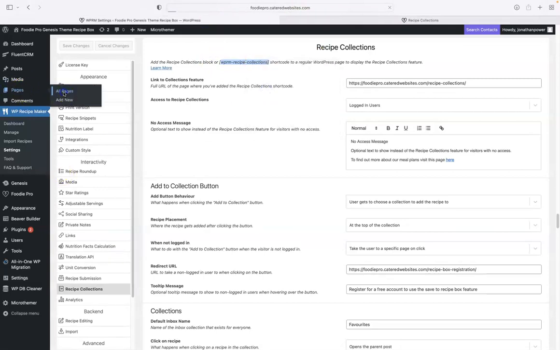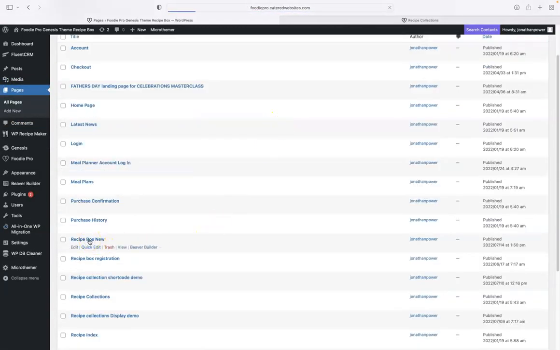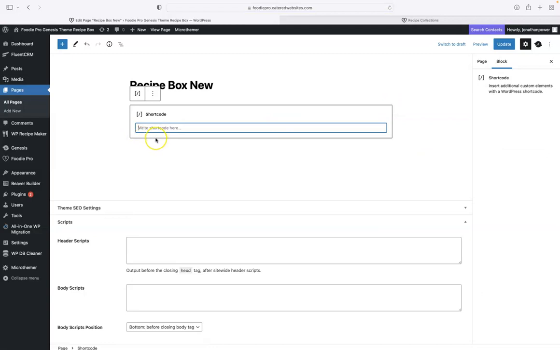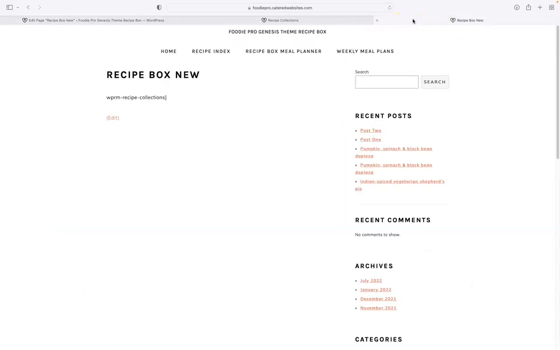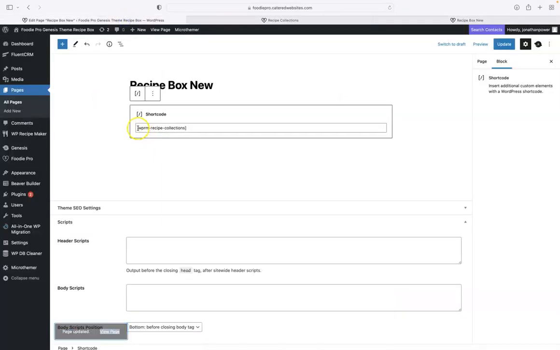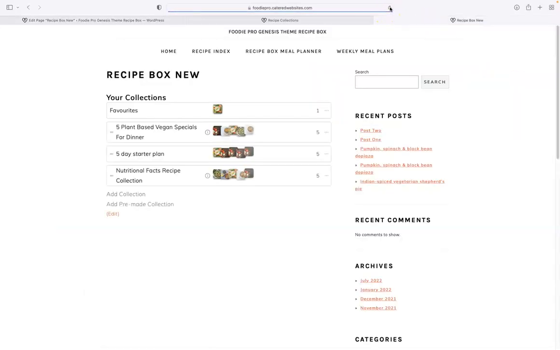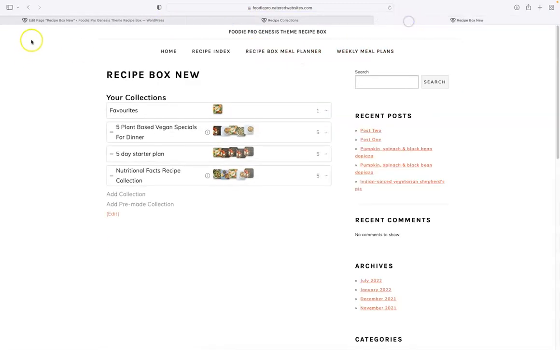I want to go back to all pages. I call this recipe box new, and I need the shortcode block, update. And when I visit this page, there we go. Oh, the shortcode is incorrect. It wasn't copy and pasted correctly. There's a bracket missing there. And there we have it. It's displaying now. So we have recipe box meal planner,